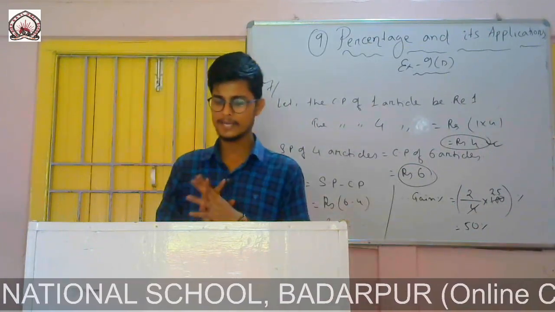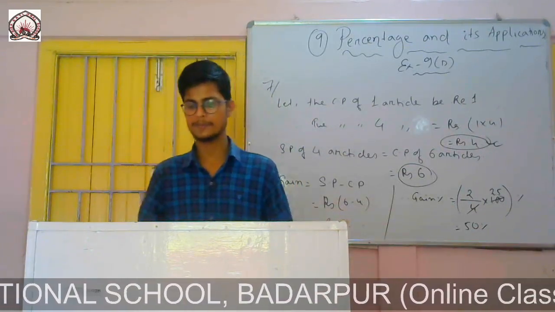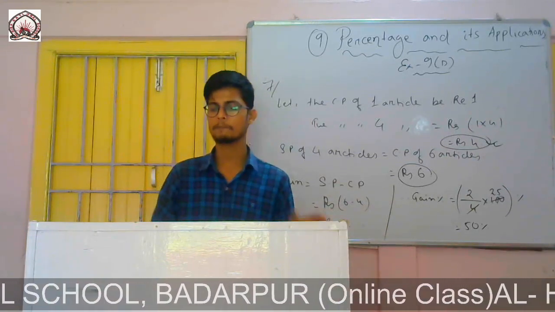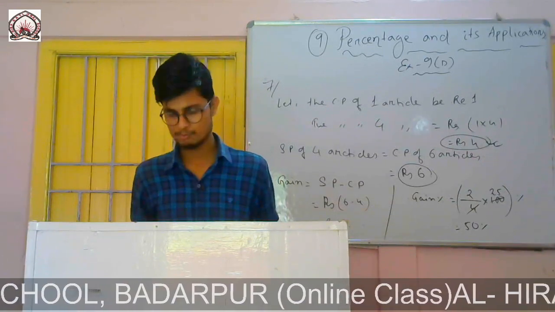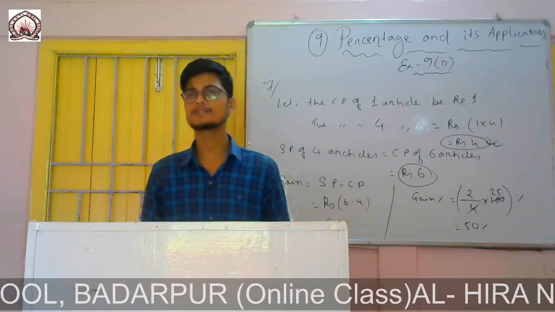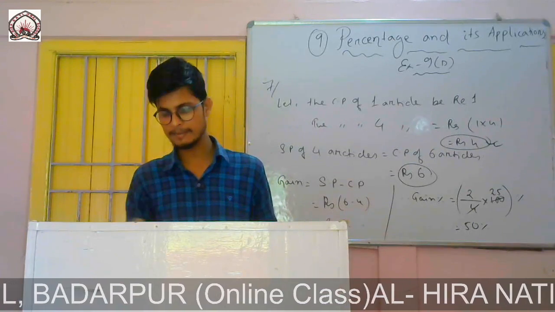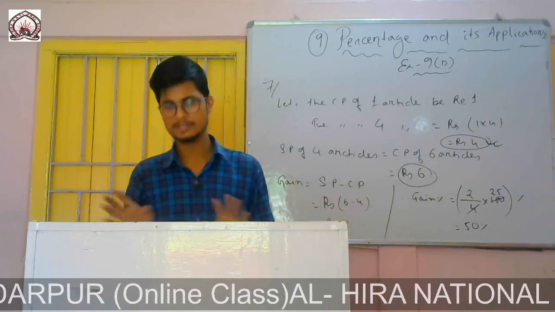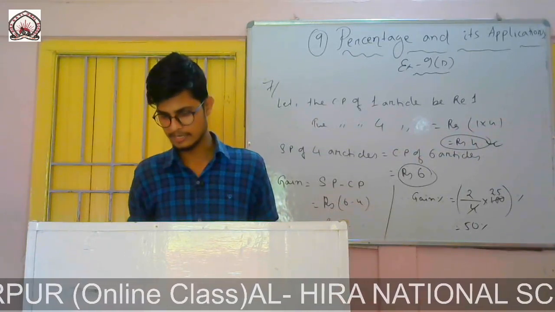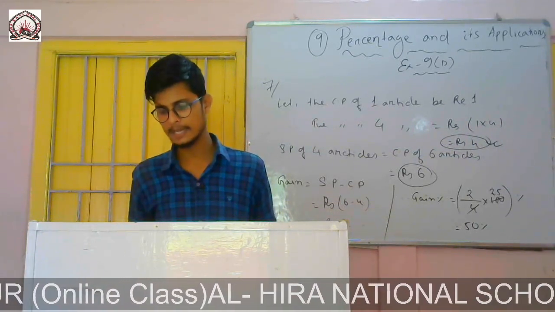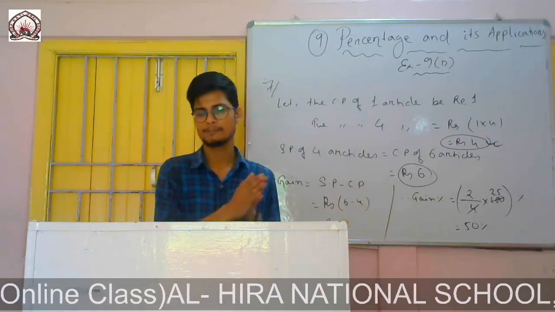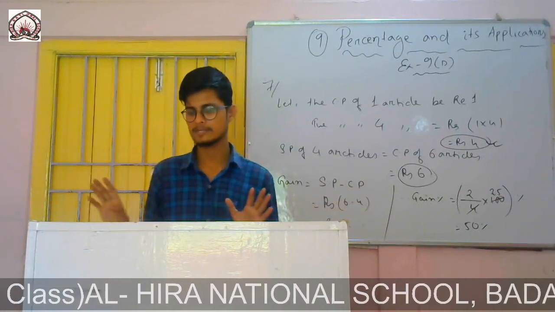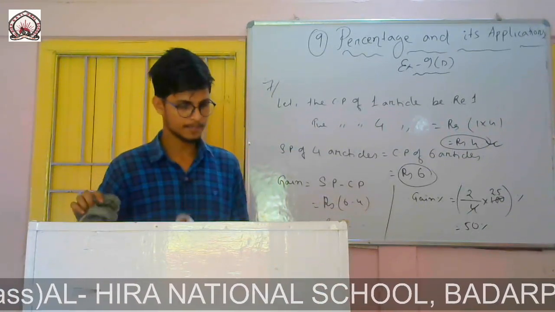Now question number 8. A man buys toffees at 10 for rupees 3. That means for rupees 3 he bought 10 toffees, and sells them at 8 for rupees 3. The selling price was rupees 3 for 8 toffees. So find the gain percent. Yes, he was in a gain. You can see that he bought 10 for rupees 3 and then he sold 8 for rupees 3. That means there was a gain. So the question is to find the gain percent.